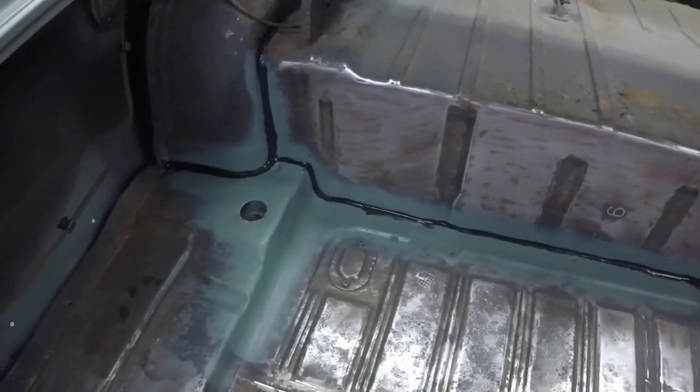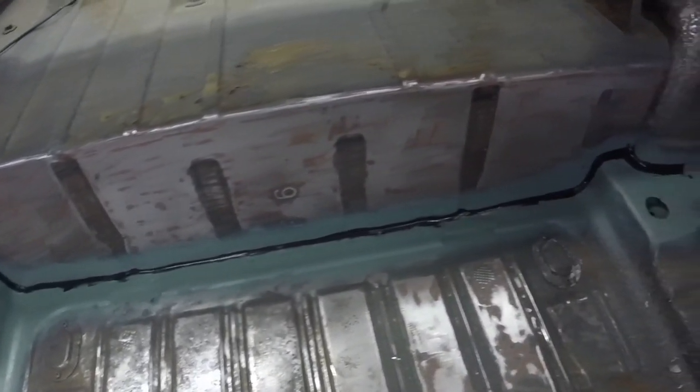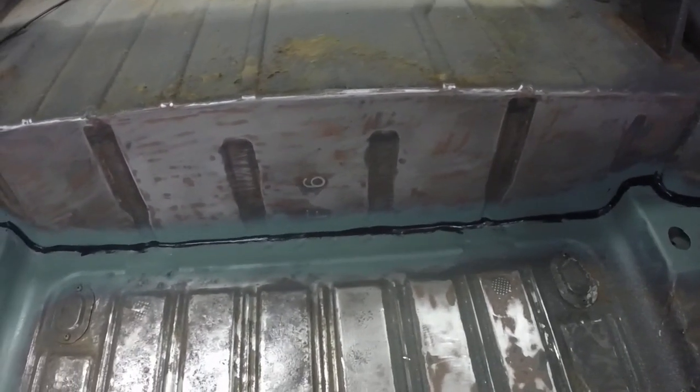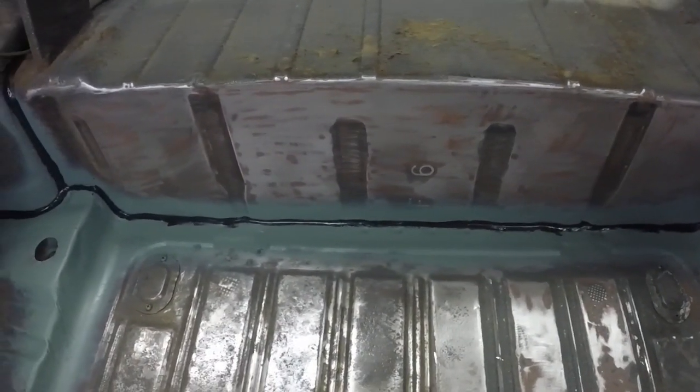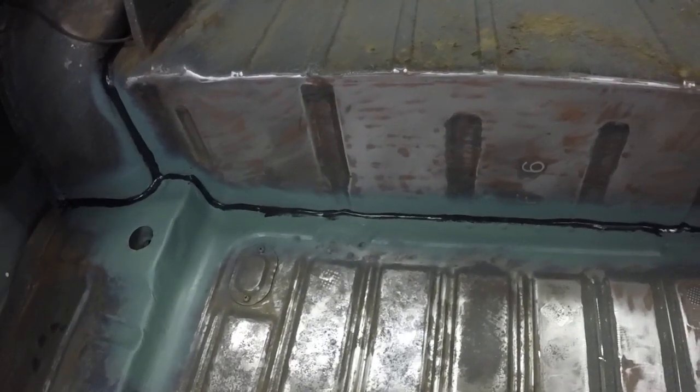So here's what I've been doing. While it was snowing out, I came out here and sealed the seams. That was a lot of work cleaning all that stuff out. And I get in there by hand and sand it as best I could to get all the surface rust